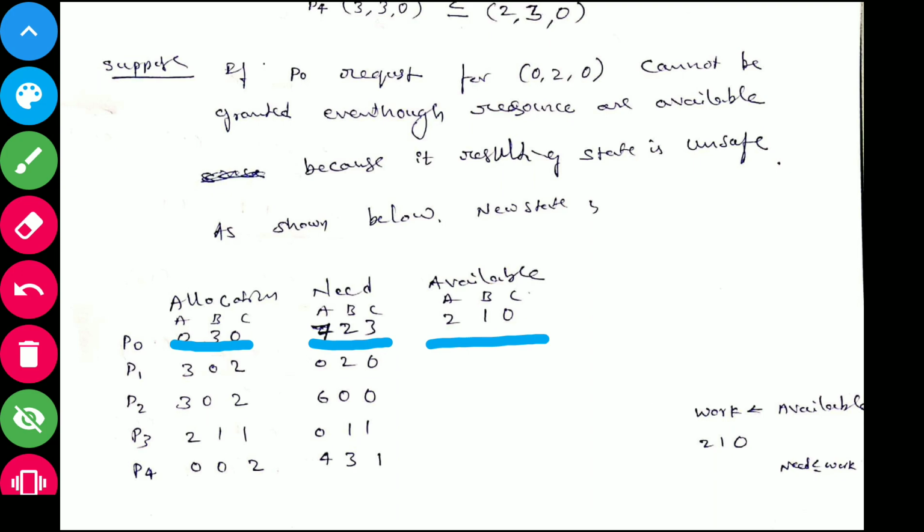Okay, allocation is added. After that, what I did is work: work is assigned with available, that is 210.